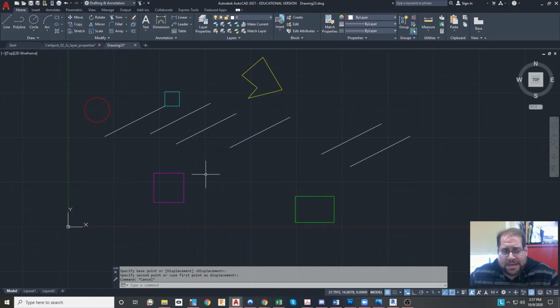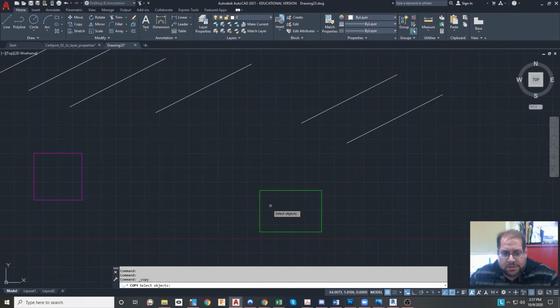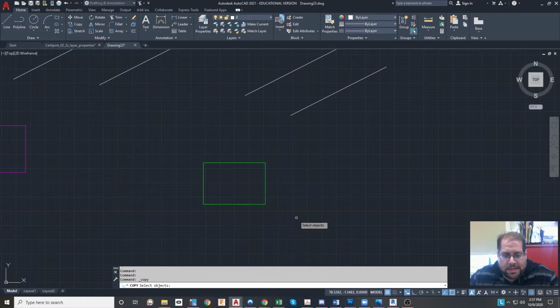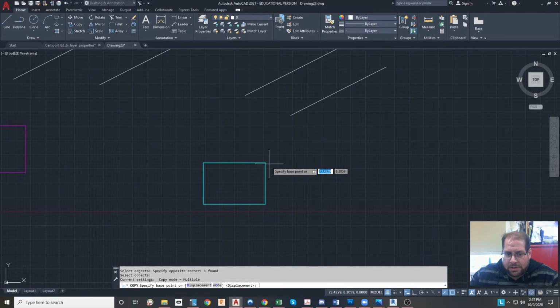The copy command is exactly what it sounds like. It behaves exactly the same way as the move command, except you're copying an object. So the original object is not harmed. For this example, I'll use the green rectangle. I will select the green rectangle, press enter, and then choose a base point. In this case, I want to